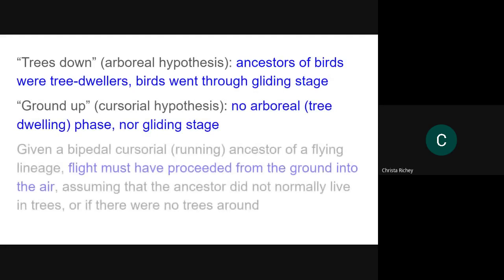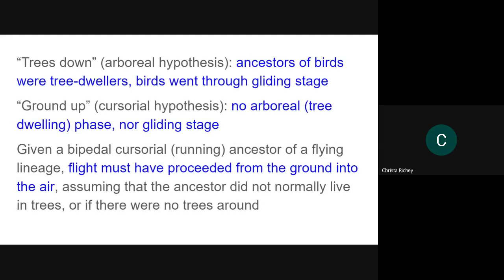All right, so the two major, and this is answering whomever it was that asked about the evolution of flight. Flight either happened because the organisms were in the trees and they were trying to go from one tree to another, so it would have been from up to down, sort of like a sugar glider where they jump and push their arms out and have that little skin flap and they can just sort of coast. That's the arboreal. That's what arbor means, is tree.